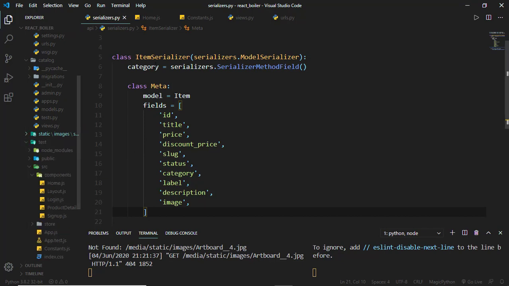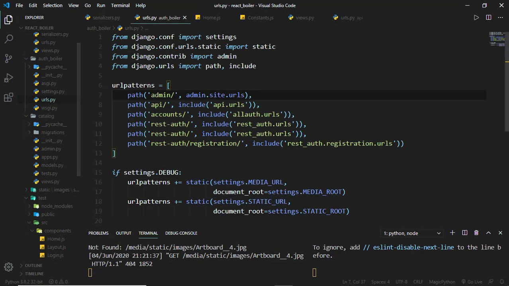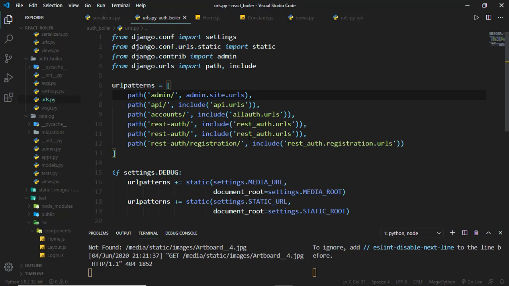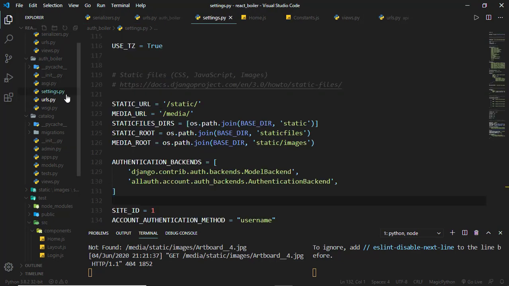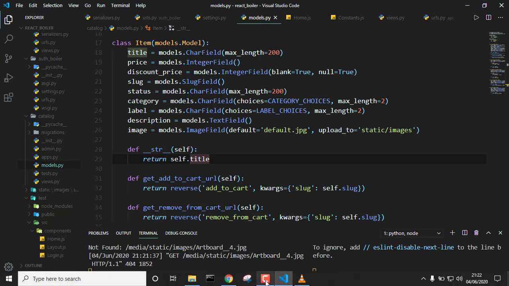and we have those images in there. If we go to our root URLs, inside our root URLs we have the configurations for the media and the static URL, and if we go to our settings, then we should have the same. So we have our static all there, static files directories as being static there, and for our models, okay,